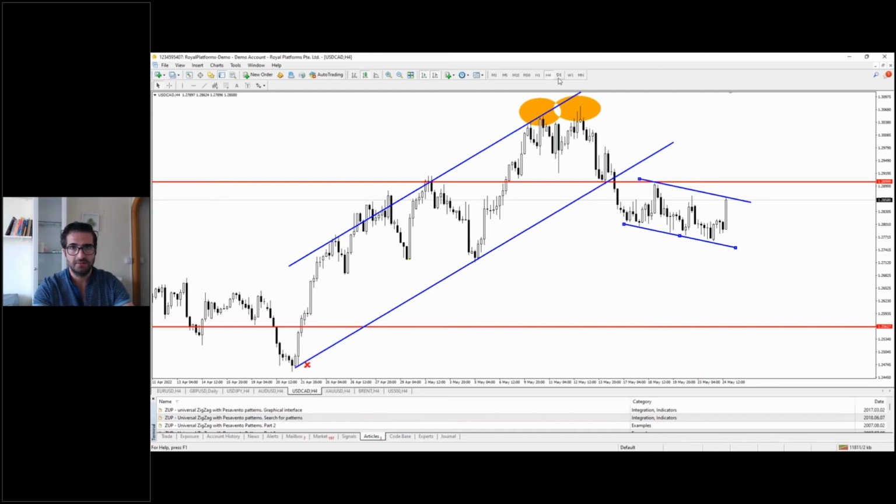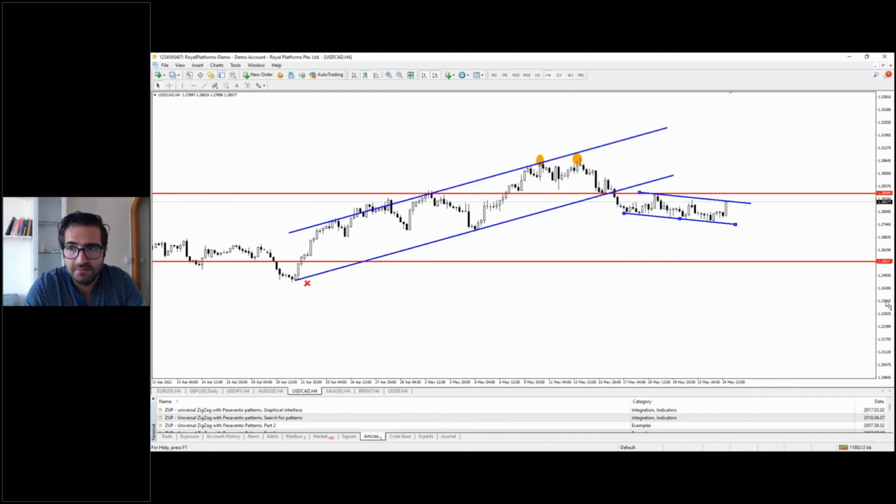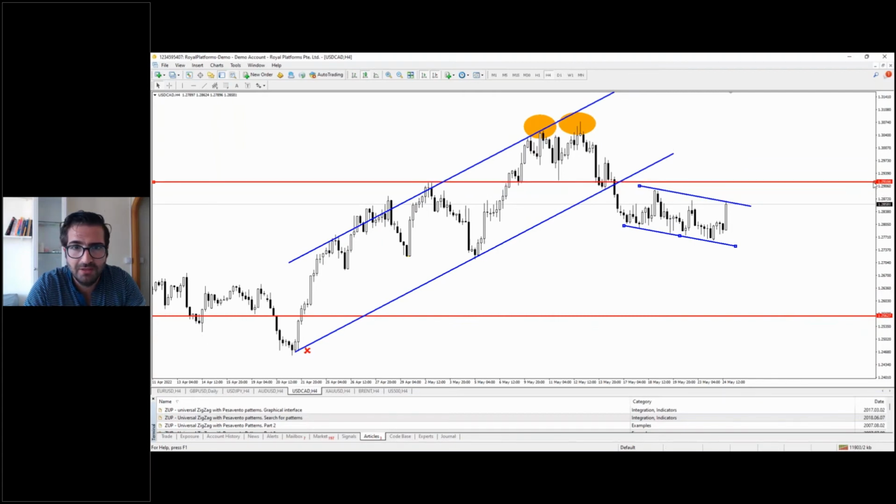USD CAD on the higher time frame. So USD CAD, as you can see, was ranging between those two levels on the daily time frame, but on the lower time frame, it was in an uptrend here. Okay, so the market was trading inside this bullish channel here and then posted a double top. This is the neckline of the double top,